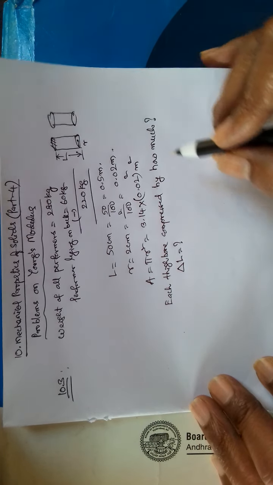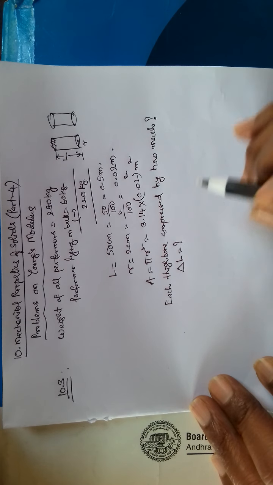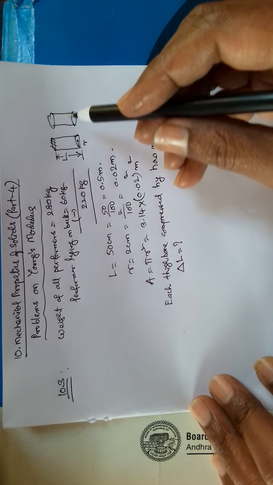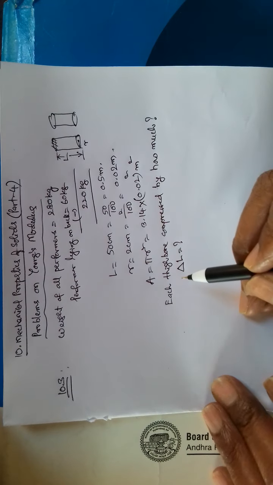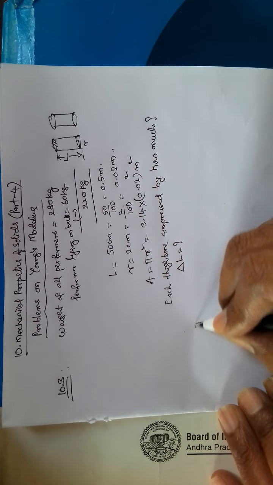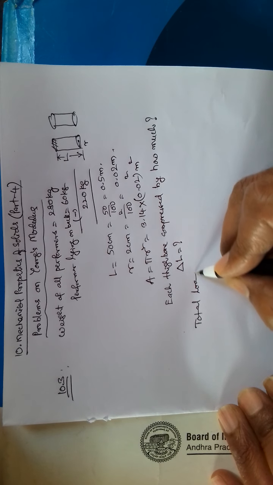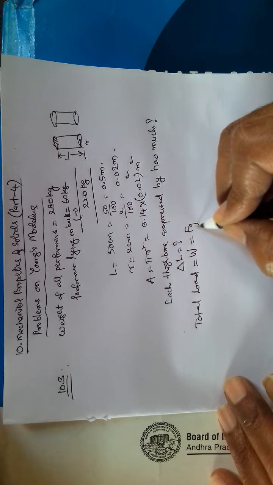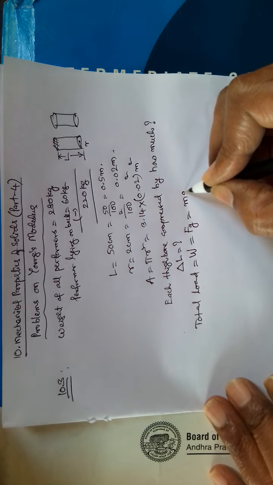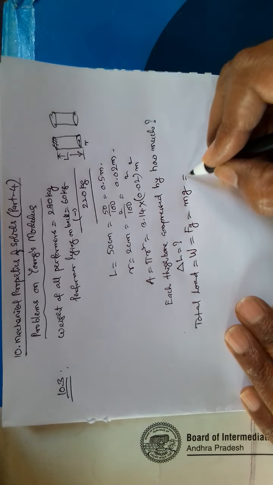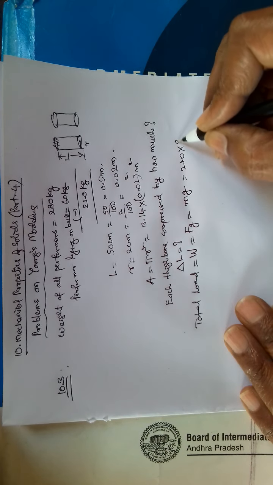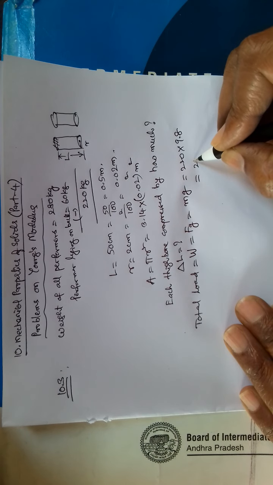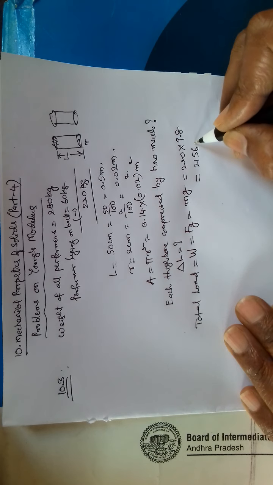He is carrying the load of the other performers and furniture, and the 220 kg mass is shared by his two thigh bones. See, first let us find the total load. Total load means weight. Weight means gravitational force, and that is equal to mg. 220 kg into 9.8, that is 2156 newtons.